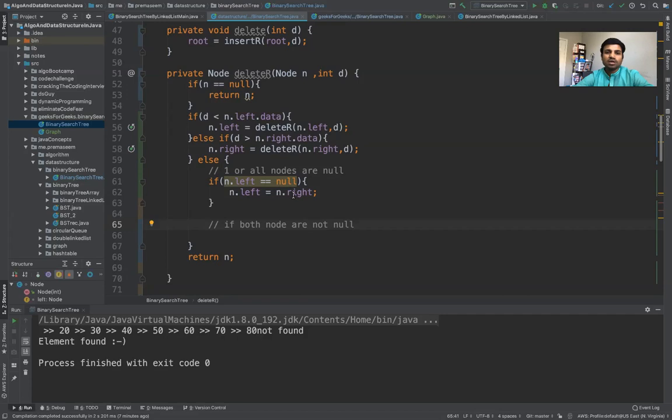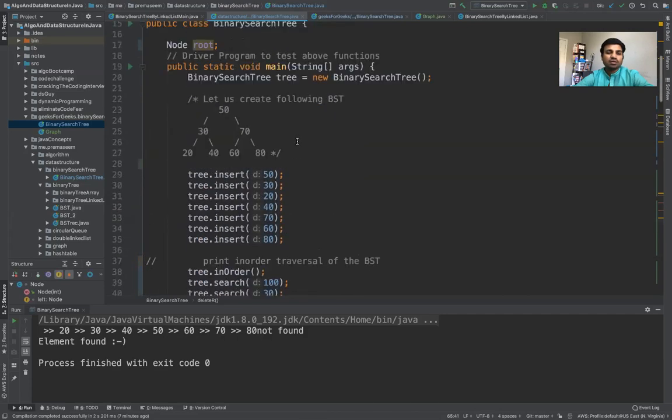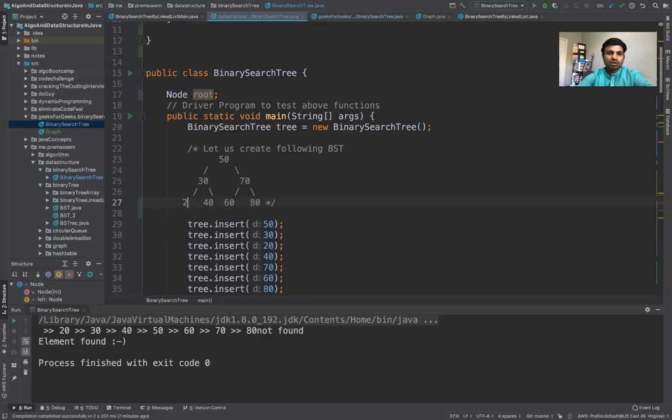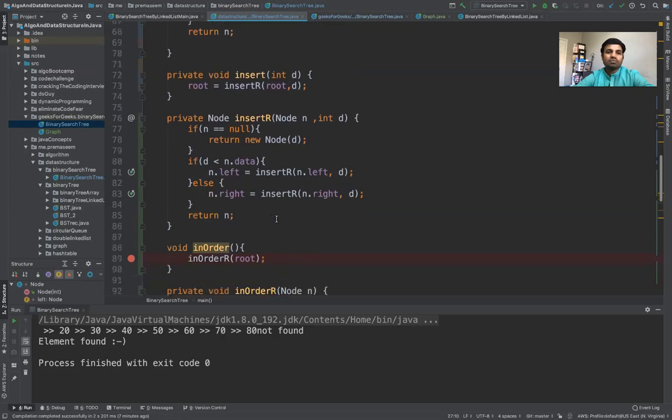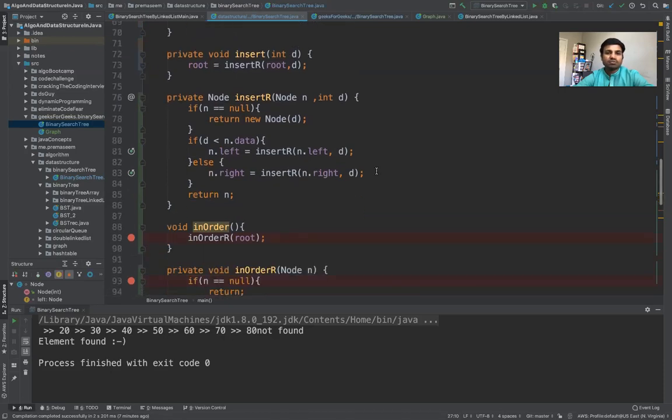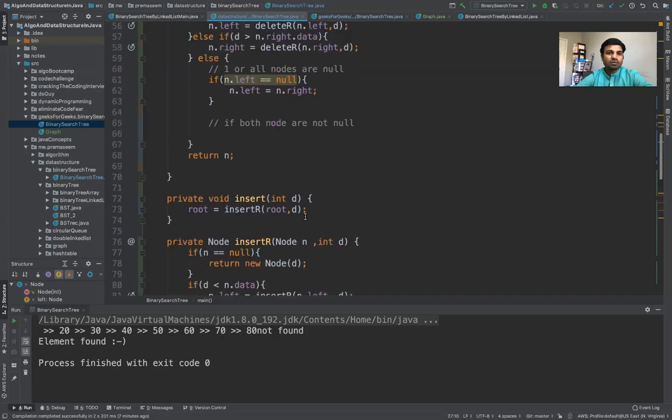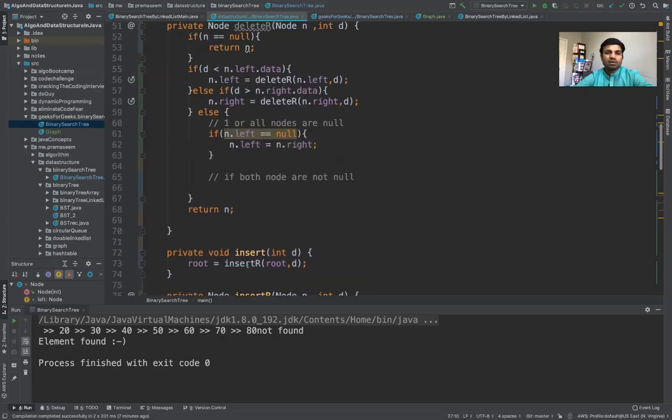So right could be null or right could be any value. If left is null, just say this is not there and you are supposed to remove this element, then whatever is the subtree under it would travel up. So you will ultimately delete this 40, or you would promote that element. So that's what we are doing: if left is null, then we are assigning the right, else